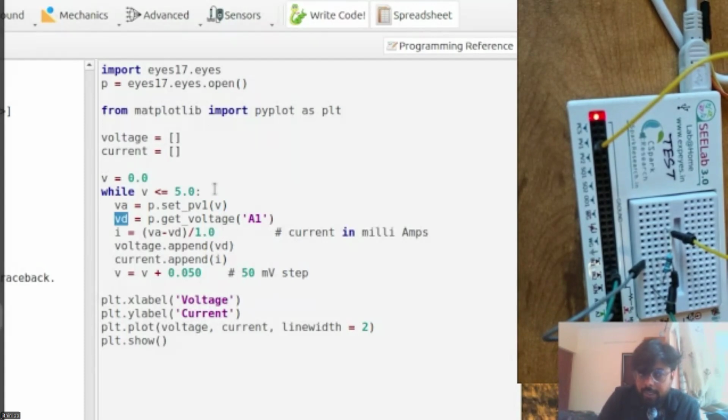Now you need V diode. So that is of course measured. Get voltage from A1, which is the voltage across the diode, right? Now what is the current? Current is V applied minus V diode divided by 1K. But if you want current in milliamps,